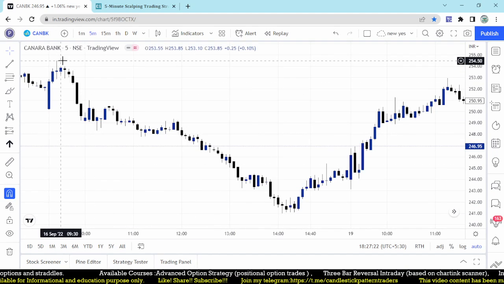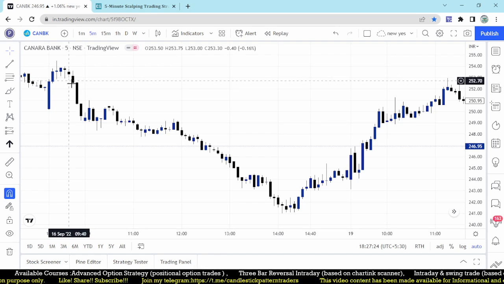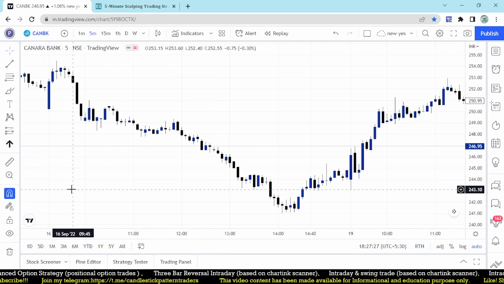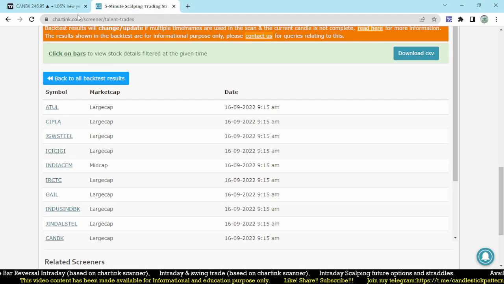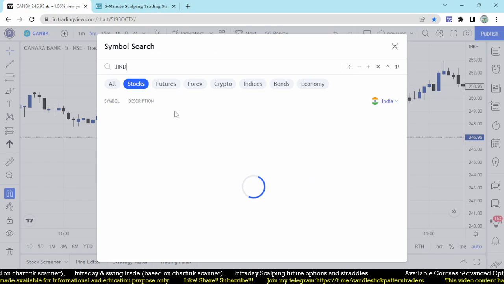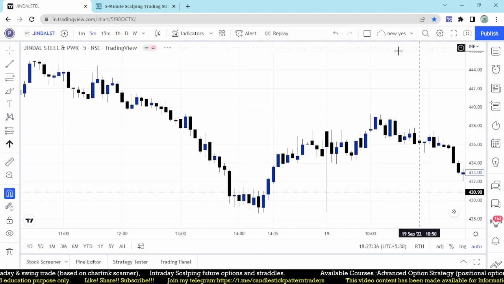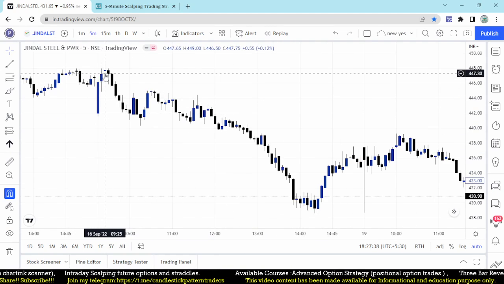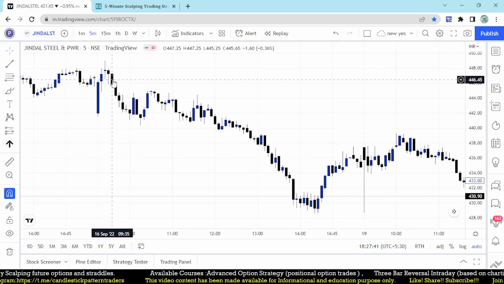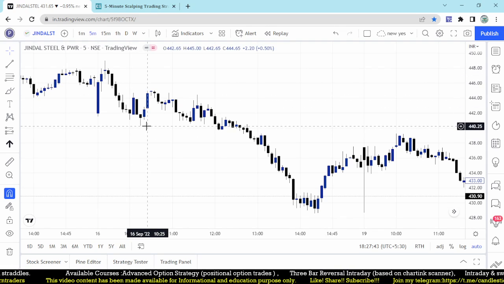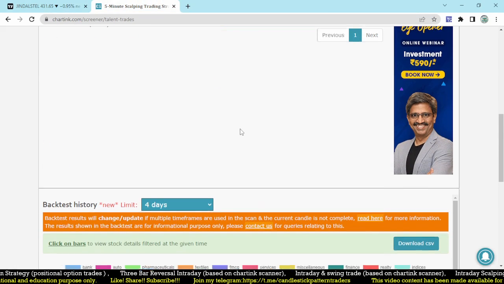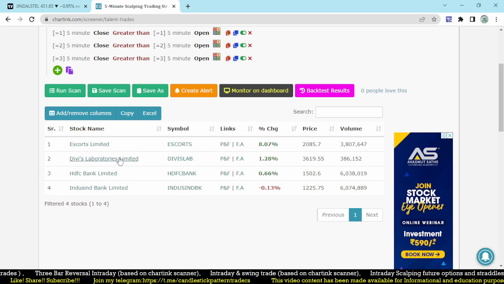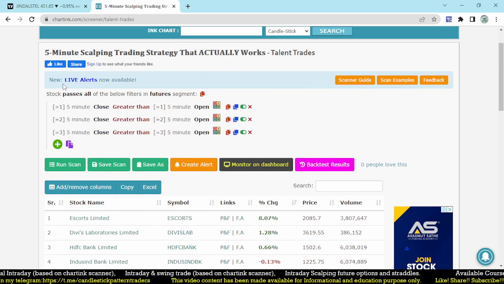Canara Bank: that is the first 3 candles, and it broke the low, and it was huge. And the other stocks we are discussing: Jindal Steel. Let me go for Jindal Steel. What happened yesterday? 1, 2, 3. It broke the low, and there is a great opportunity where it falls down. In such a way we can create a scan. So how many stocks did you get? The stock, Divi's Lab, HDFC, using the first 3 consecutive candles should be a